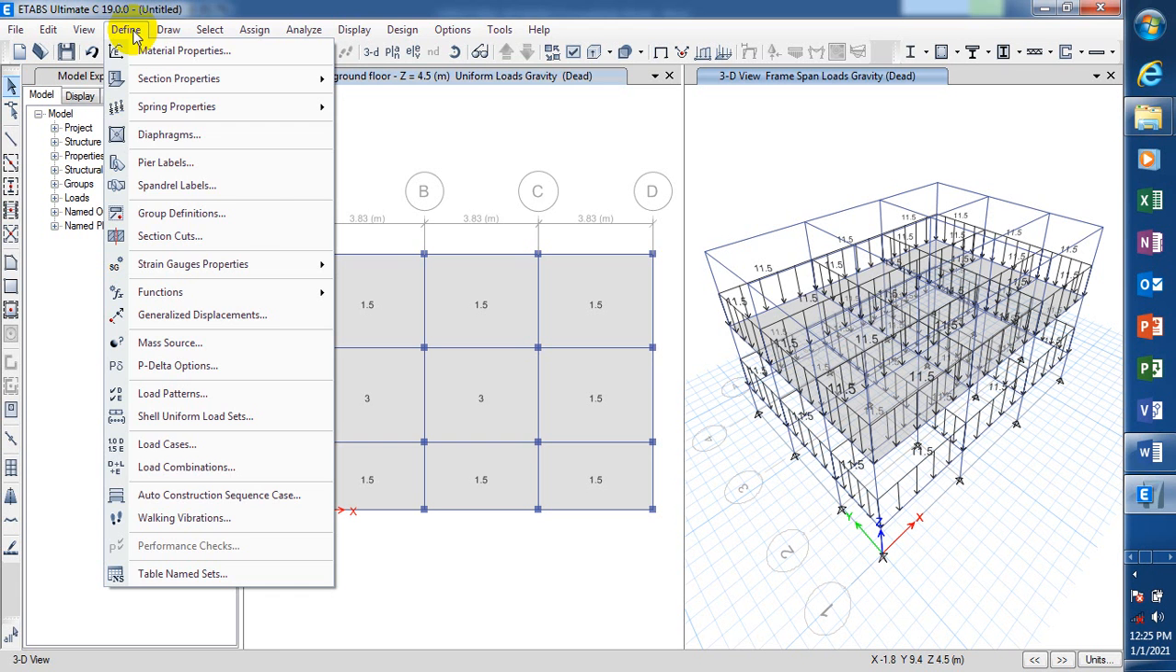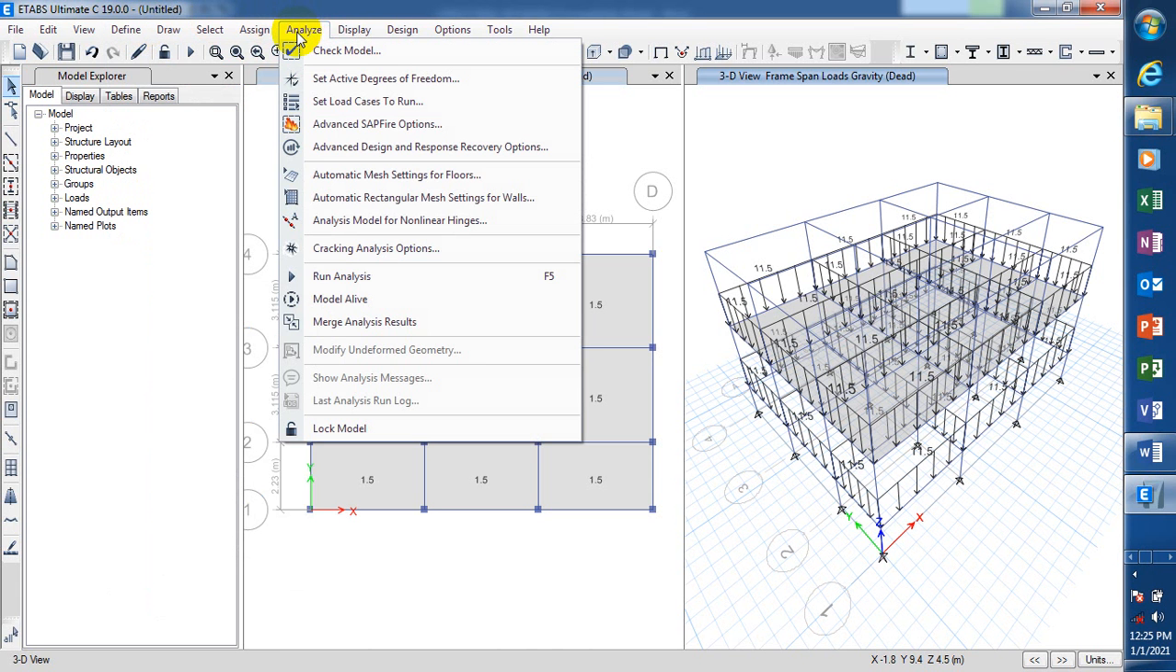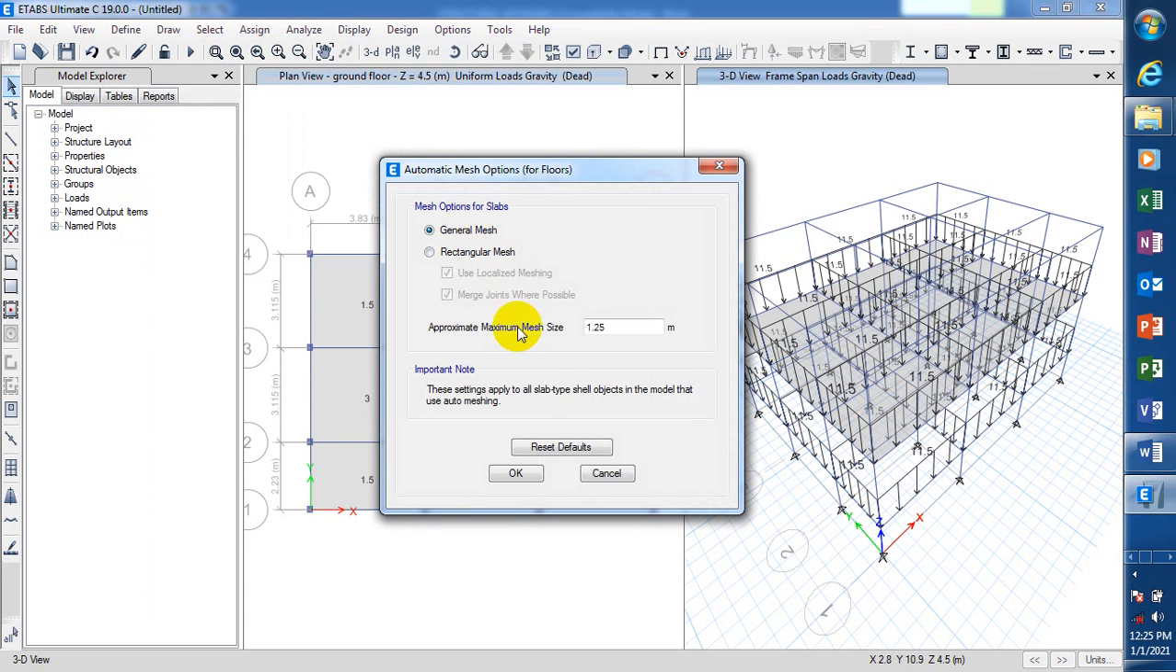So the next thing I'm going to do is to come to my analysis, to analyze. Then I'll go to my automatic mesh setting for floors, and I'll click that. This is the approximate maximum mesh size. I'm going to make the maximum mesh size to be 1 meter. The smaller it is, the more accurate value you get, which I have explained vividly even in my